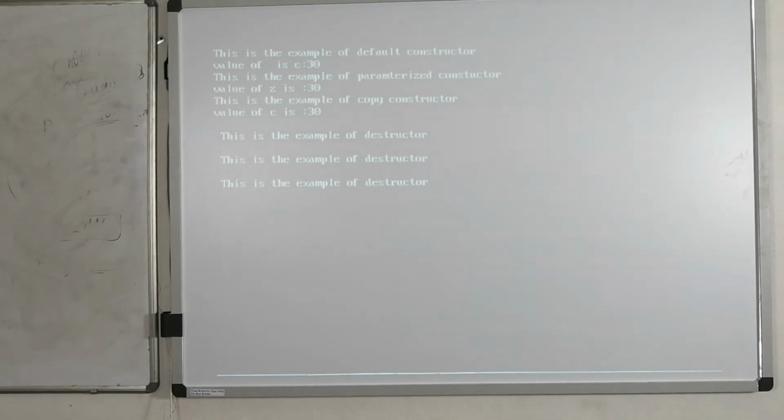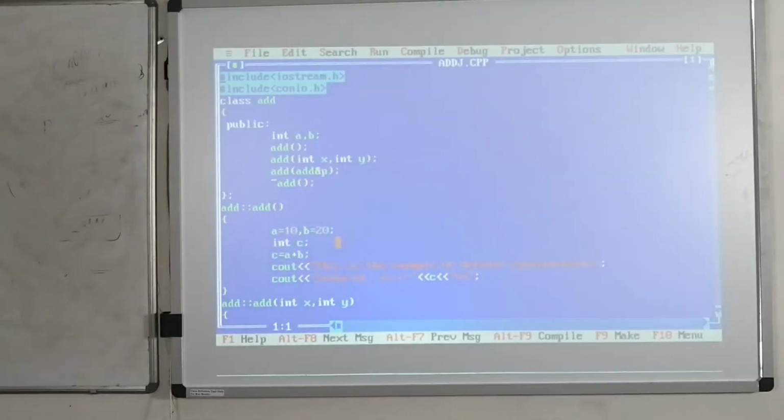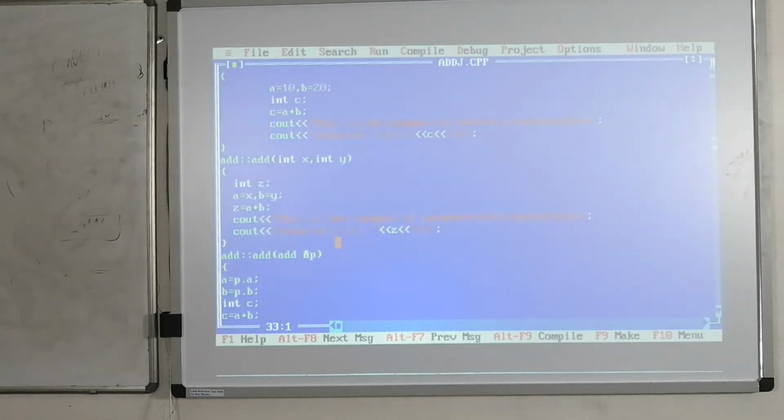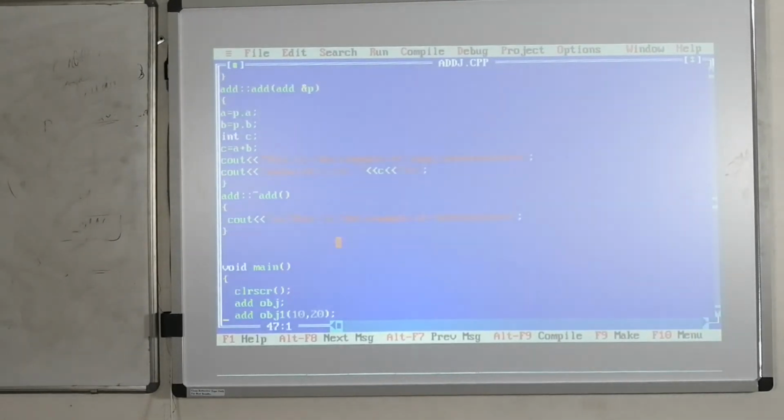To release the memory of those 3 objects, the destructor is called 3 times. The destructor is executed 3 times, which means the memory locations of those 3 objects are going to be released.